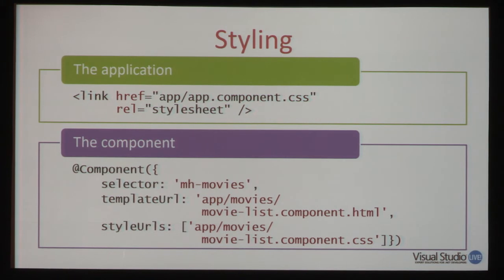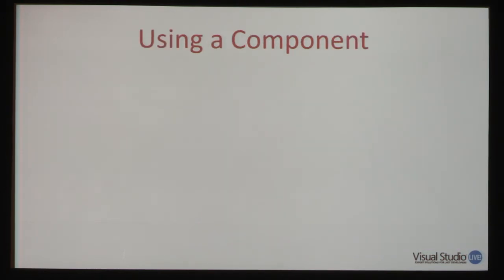So if you've ever had that happen where somebody changed a style and it impacted places that you weren't expecting, you can do this instead where you're associating the style with the component. You still can have global styles, but this also lets you have styles that are unique to a component. Making sense? Okay.